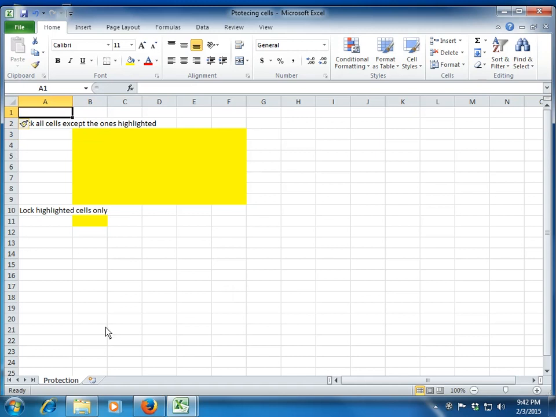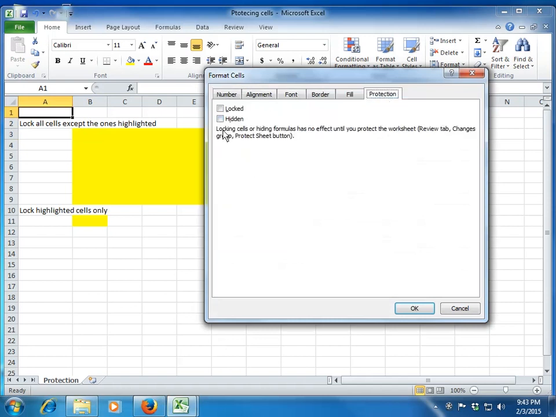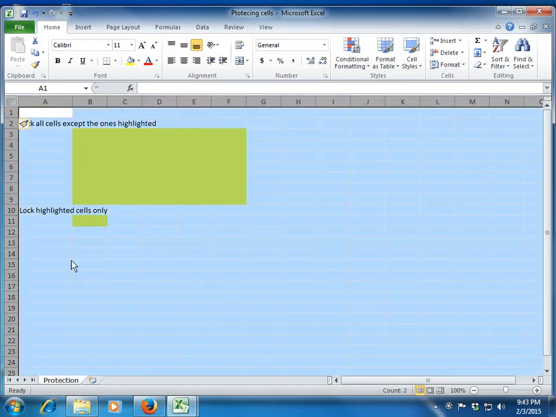By default, if I use Control 1, which will give me the Format Cells window, and the last tab which is the Protection tab, let me select the entire sheet. If you select this button between the column and the row, where they intersect, it will select all the cells for you.